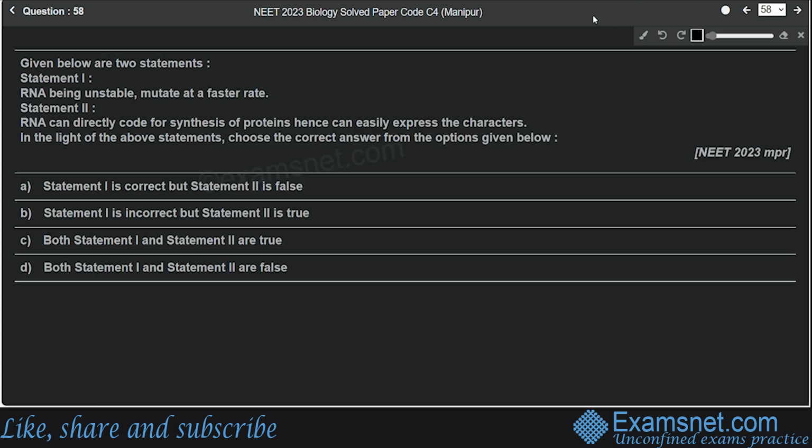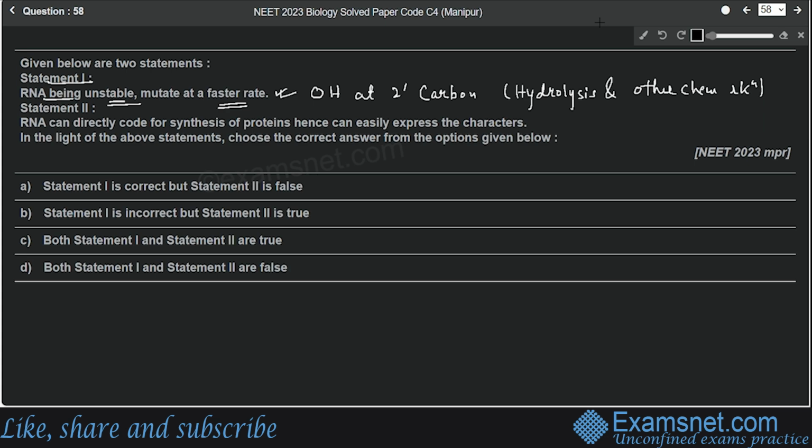Question number 58 is from the chapter Molecular Basis of Inheritance. Here two statements are given. We have to identify the correct statement. Okay. First statement says RNA being unstable mutate at a faster rate. Yes, this is a correct statement. Why is RNA unstable? Due to the presence of a hydroxyl group at the 2' carbon of RNA. Okay. It makes it more susceptible to hydrolysis and other chemical reactions, and due to this it is unstable and mutates at a faster rate as compared